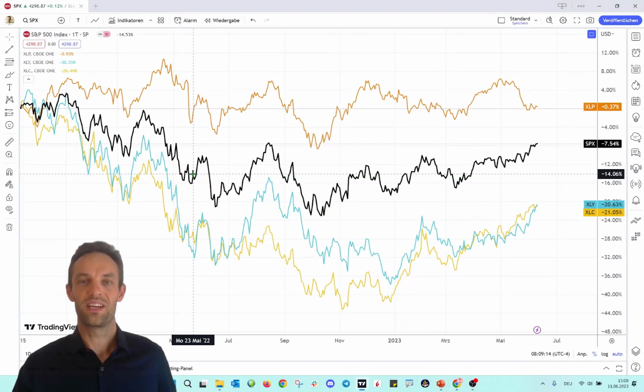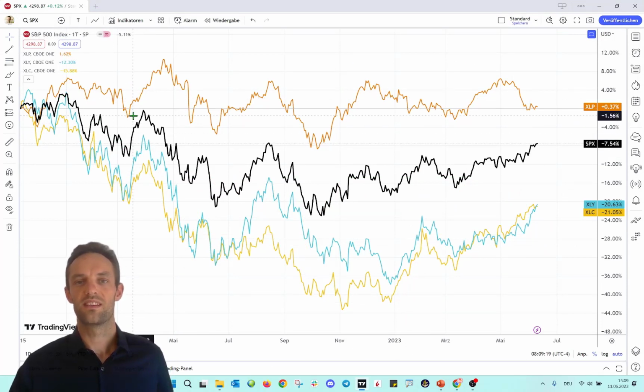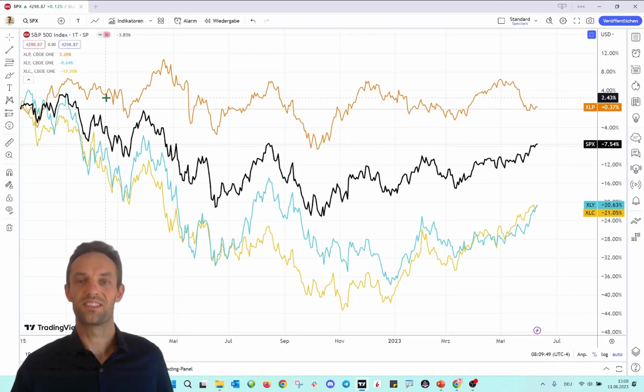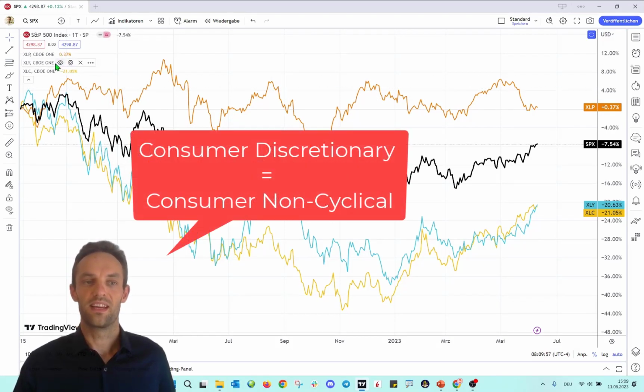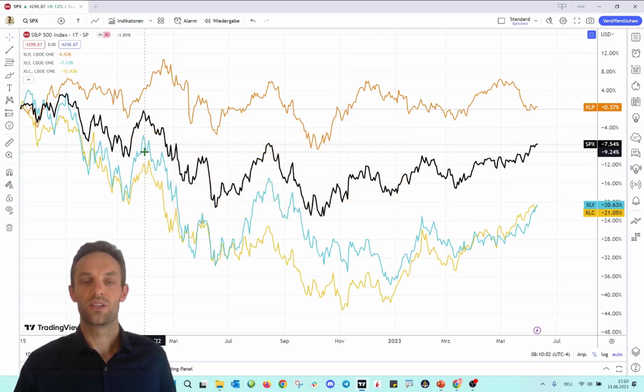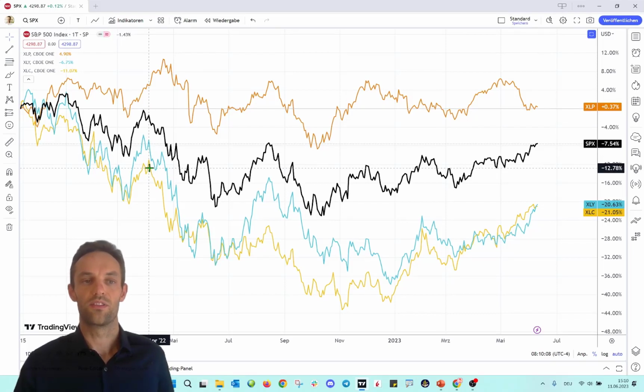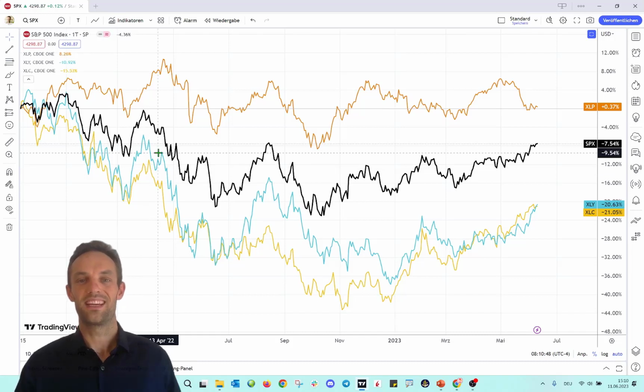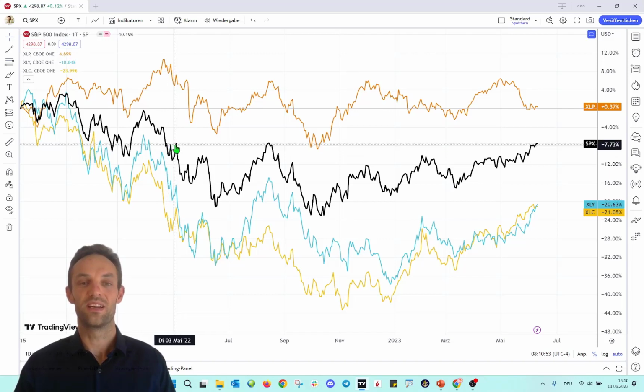Here you can see my TradingView, and the black line is the S&P 500 index, which is the main index of the US stock market. I added also 3 other sector ETFs: in orange, the ETF XLP, Consumer Staples; then in blue XLY, which is the Consumer Cyclical Goods; and then XLC, which is the ETF of the communication companies. And as I just showed, the US Economic Leading Index dropped heavily here in May.